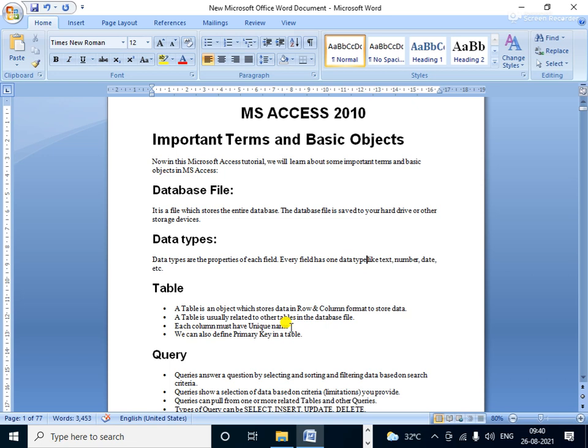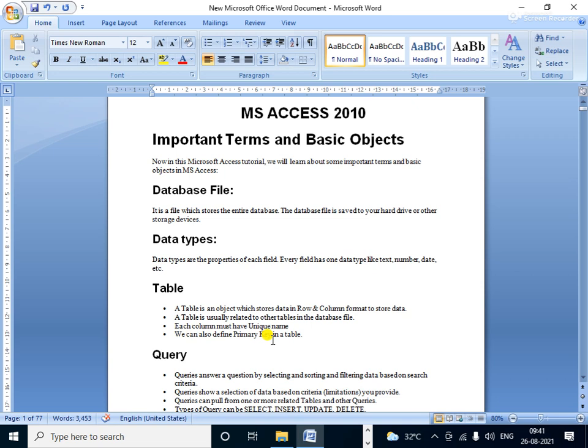Next, we also have the primary key in the table, and as all of you know, the primary key is a unique identifying key. What does a unique identifying key mean? Suppose you are creating one database file for students. Here are the student name, student registration number, and two to three subjects. So which field is called the primary key? The student registration number or student roll number is called the primary key.